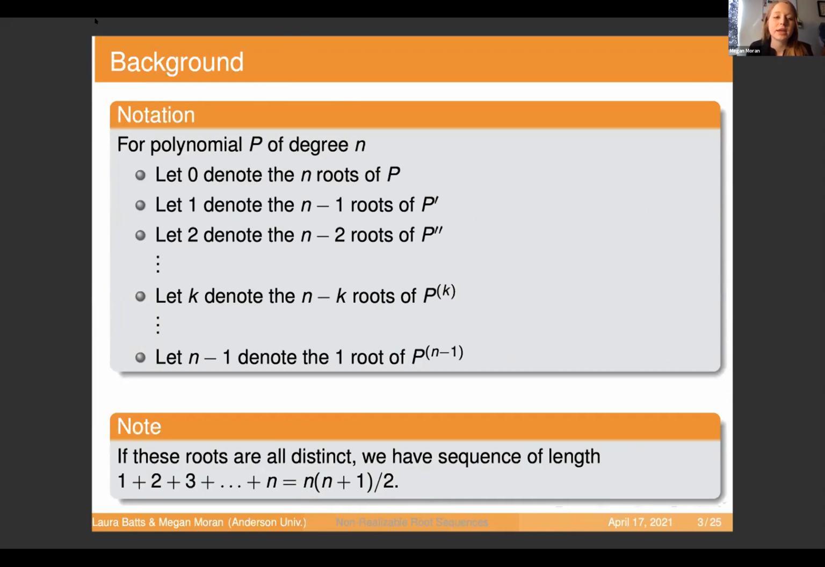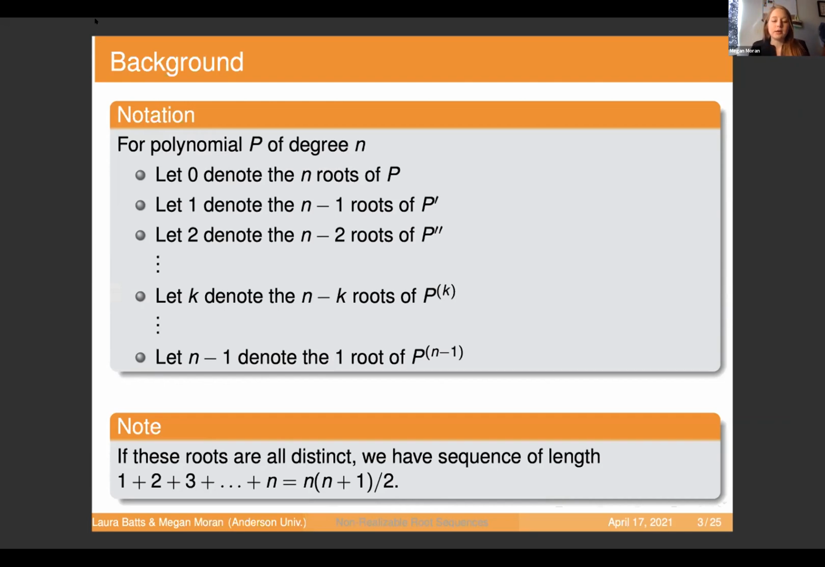P will be denoting polynomial. What degree we're in will be denoted by n. And then we will have zeros denote the roots of the polynomial. So these will be zeros of that polynomial. And then ones will be roots of the first derivative, twos will be roots of the second derivative, and so on. And then we can just generalize that by letting k denote the n minus k roots of the kth